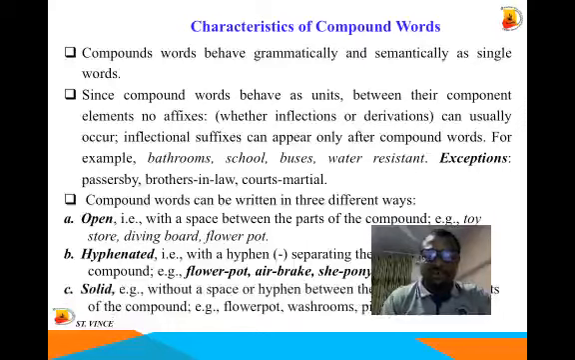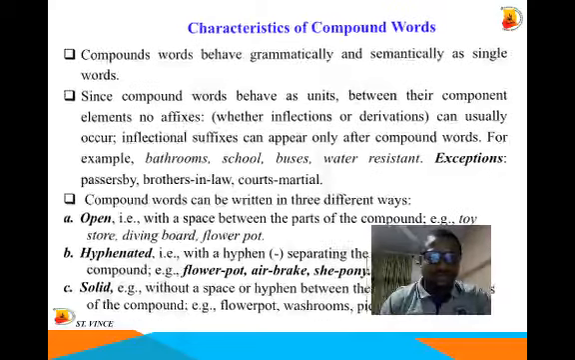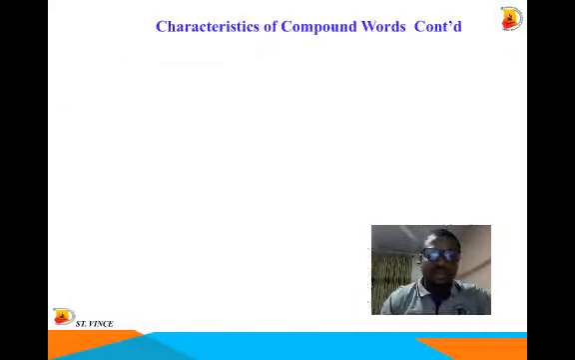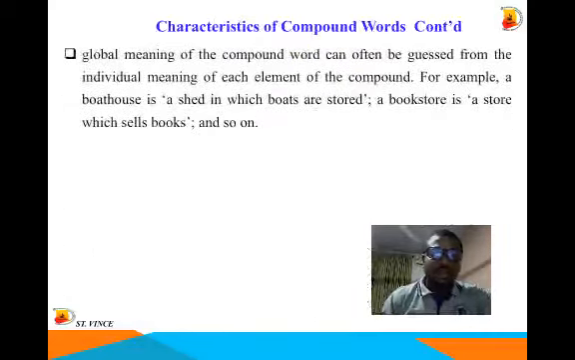And then the third one is solid. In this case, you are not separating the two, you are not putting a hyphen, but you are writing them as one word without anything between them. So you have something like flowerpot, washrooms, pickpocket. So we have three ways by which compound words can be written. Another characteristic of compound words is that now